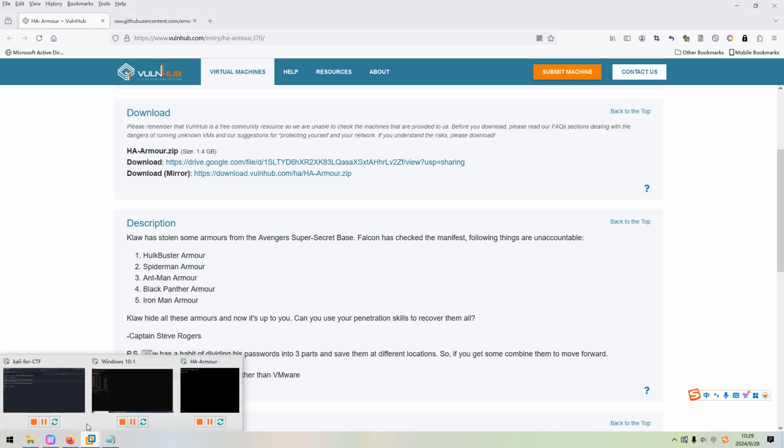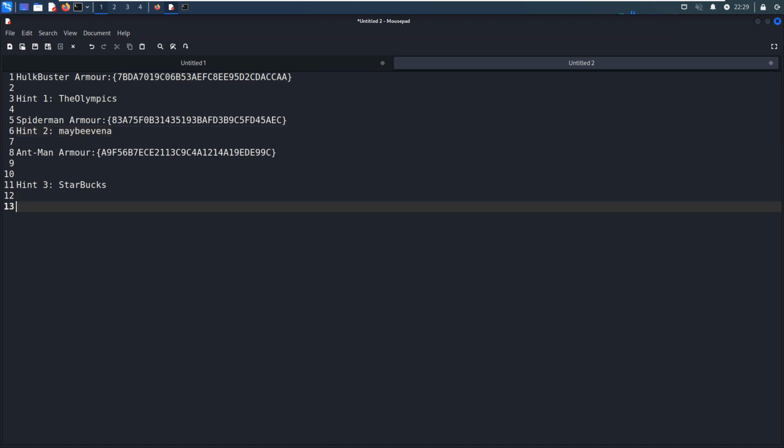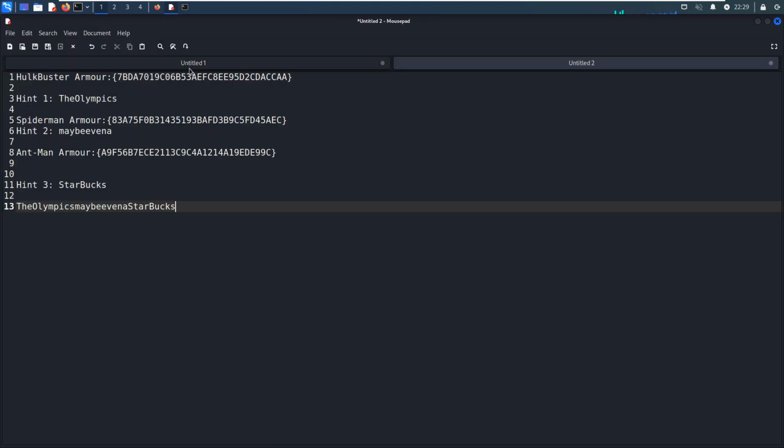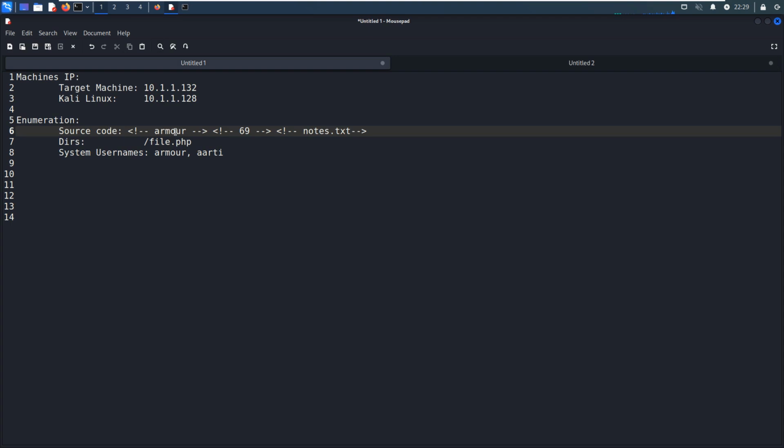So now we can combine, or concatenate, all the parts into the password. You can copy it, and the username should be armor. We got it from the source code, right? Yeah, this one, armor.